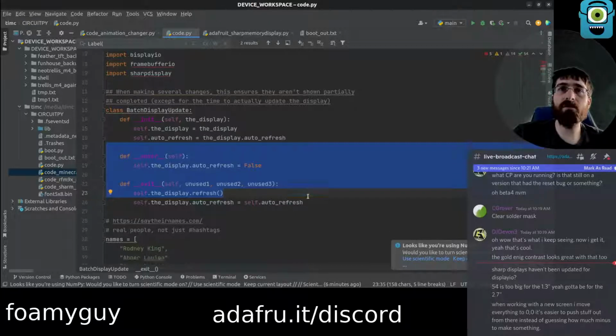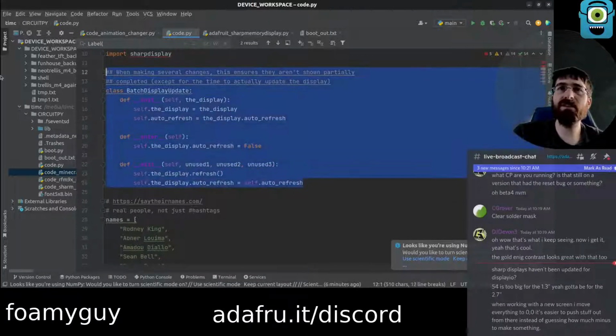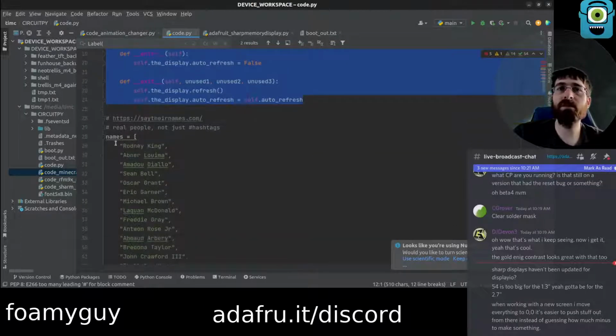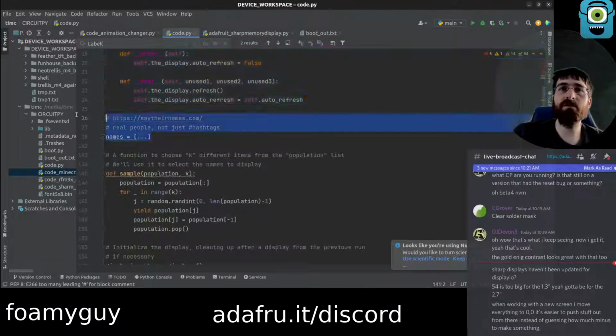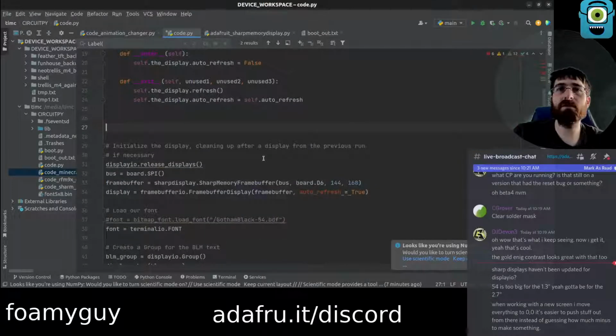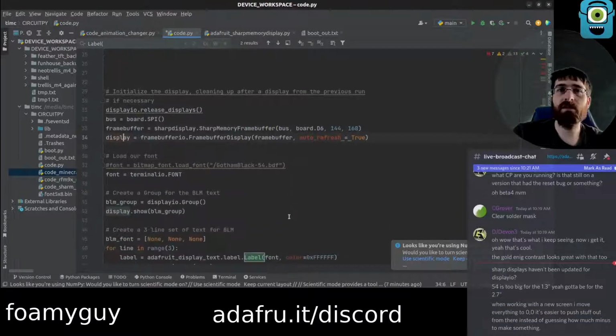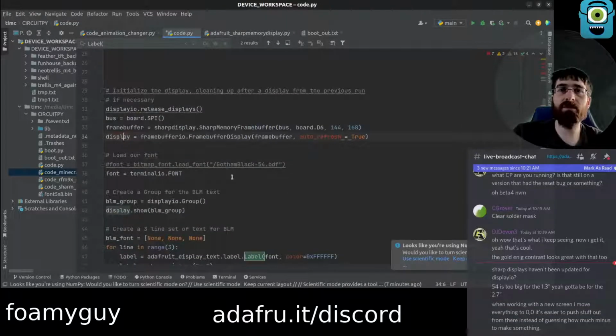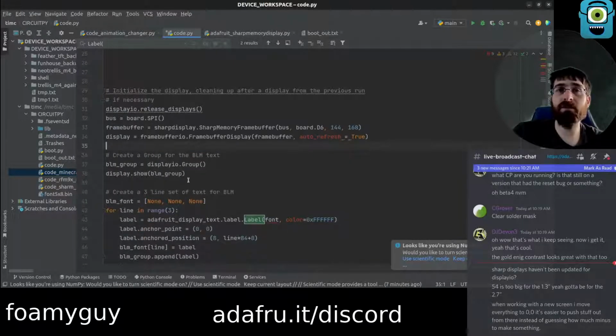I think we want... So I guess this is like a context processor for batch update. That's kind of interesting. I think what we'll do is start without anything except the display, the framebuffer display. We don't need the font. I don't have the font anyway. We'd have to download it.